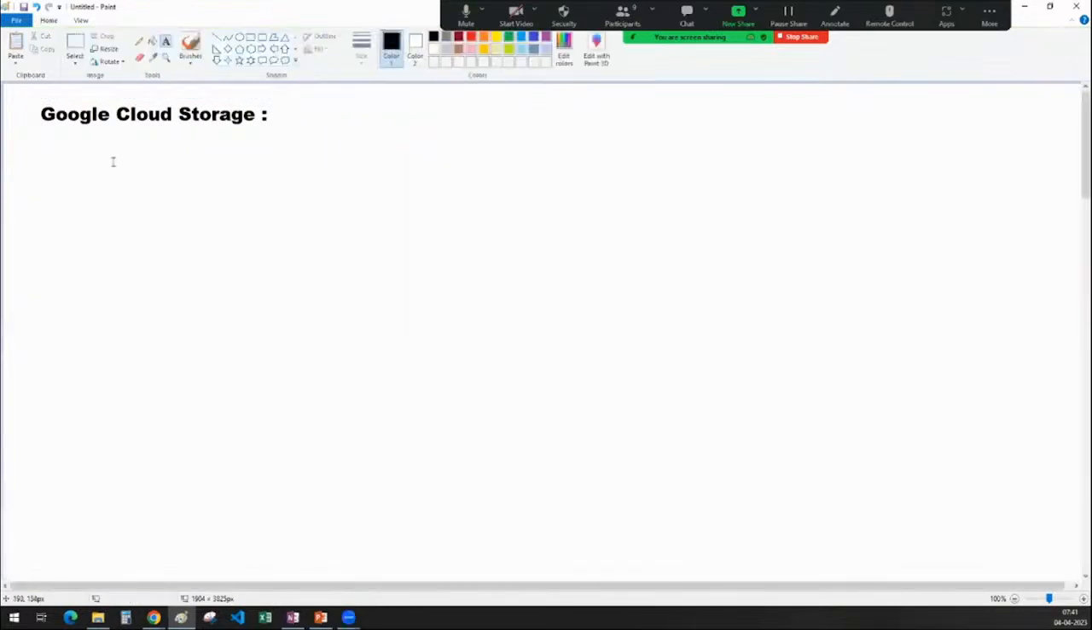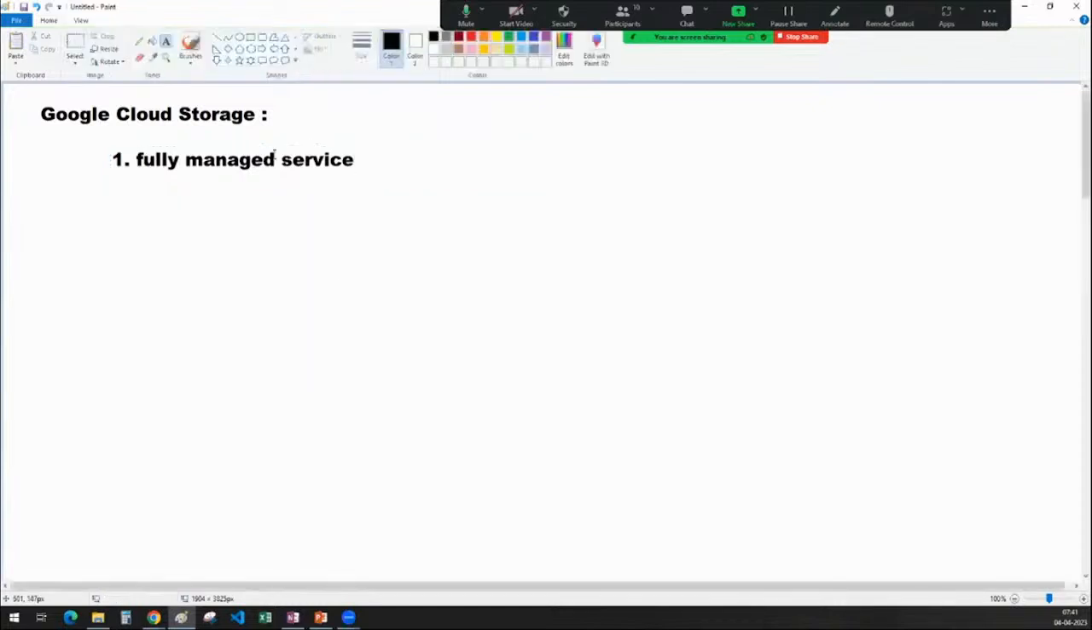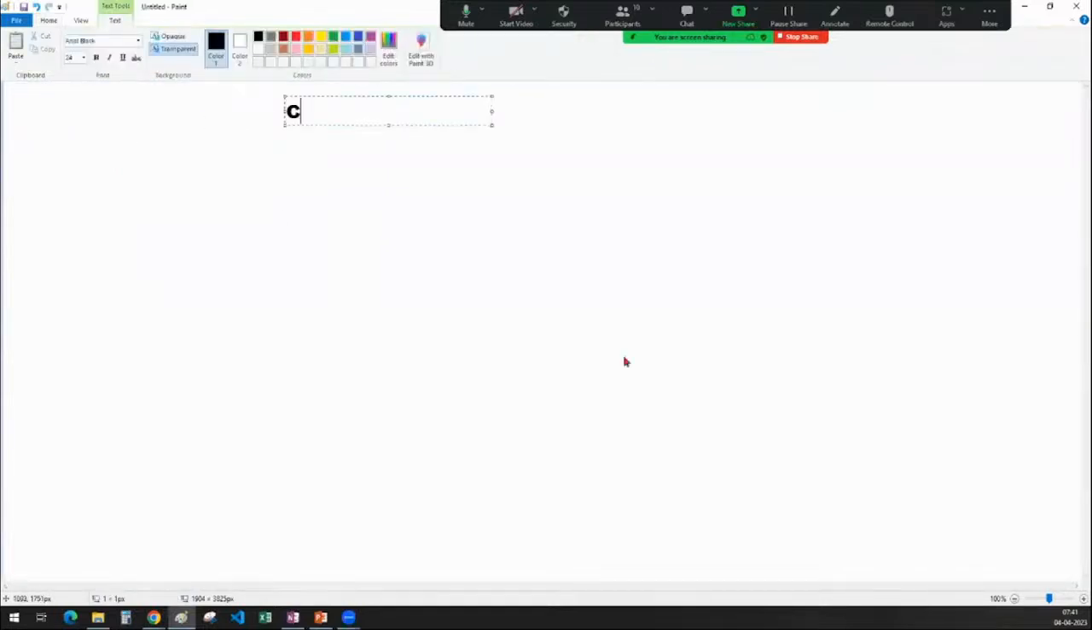Okay, so Google Cloud Storage is one of the fully managed services in the GCP. What do you mean by that, sir? What is meant by a fully managed service? I want you to understand what fully managed means. For the very first thing, I will try to tell you. If you go to any cloud platform,